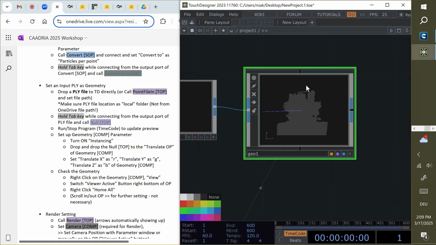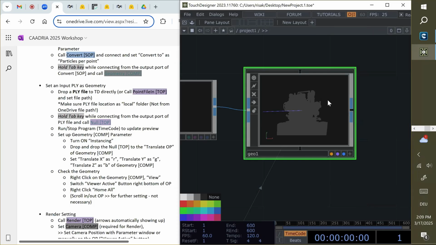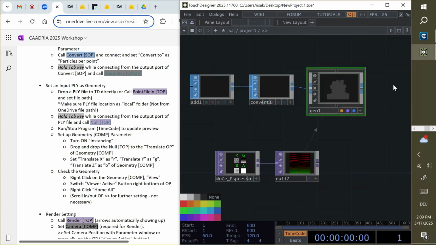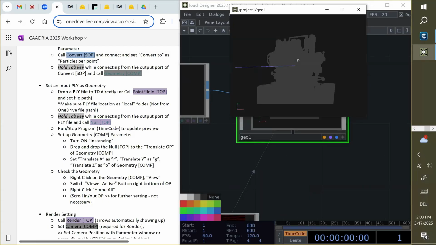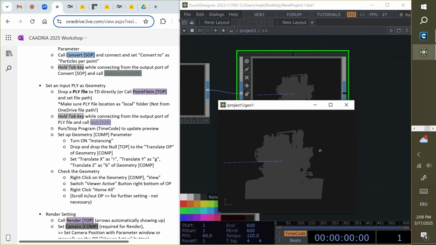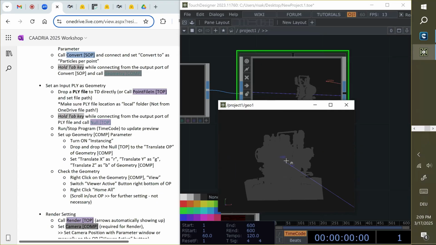And then you can right click. There's a View here. Again, go to geometry. If you don't see something here, you might be missing some of those connections. You go here and then View, so that you can see the separate pop-up window, and you can rotate those with left click.